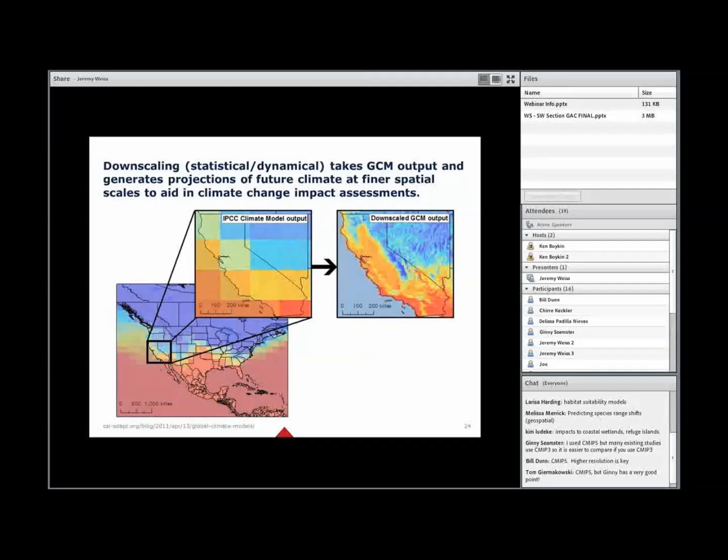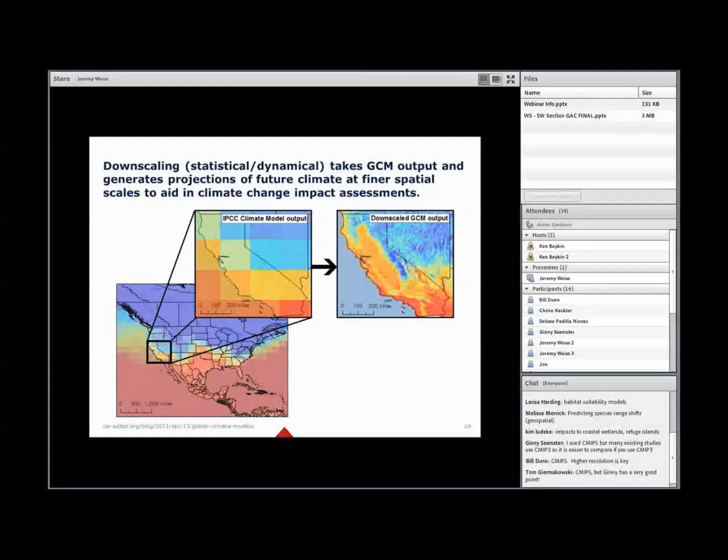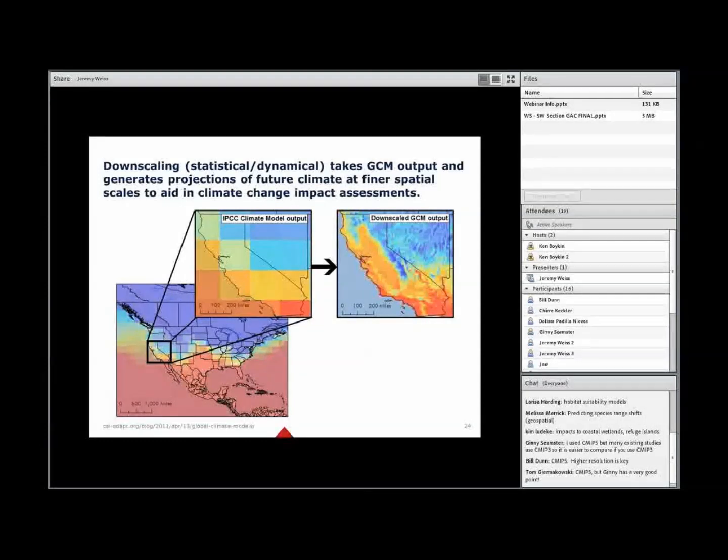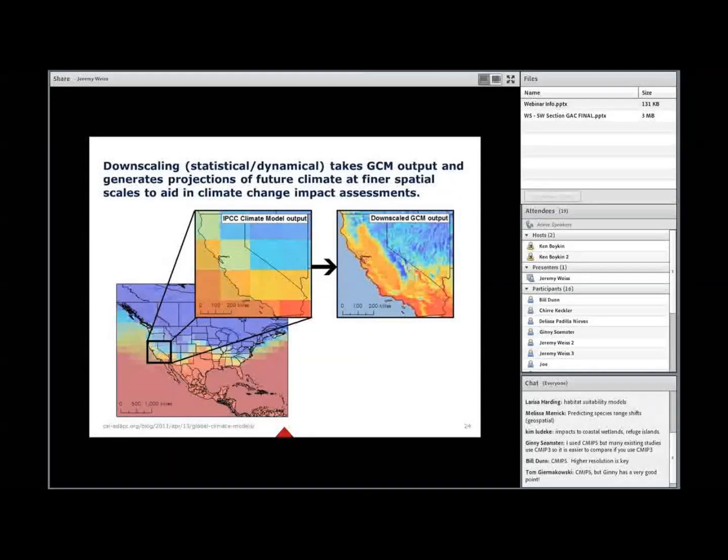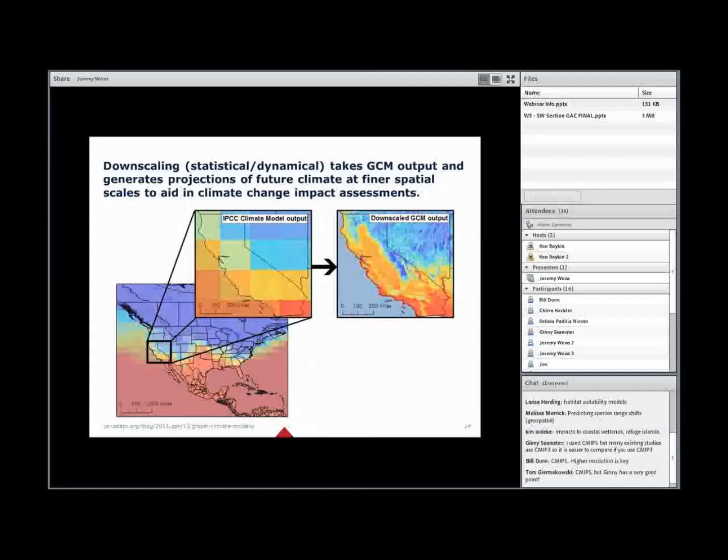In the second figure, the middle figure there, where it's zoomed into California, you can see how coarse the spatial resolution of these global models is. It's on the order of 150, 200 meters for a grid cell size. Now moving to the downscaled GCM output, it's on the order of tens of miles as opposed to hundreds of miles. And we can start to see some of the features that we know exist and are important in terms of regional climate. For California, for example, we can see the Central Valley, the Sierra Nevada showing up here, some of the coastal mountain ranges, and even Death Valley over here on the eastern side of the state.